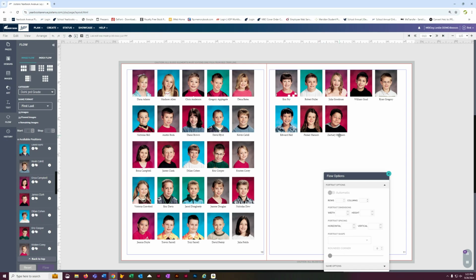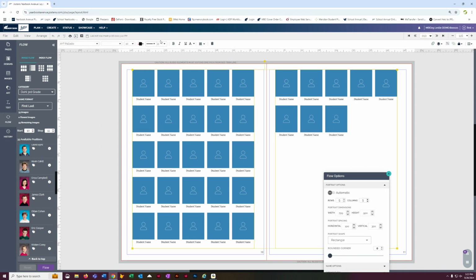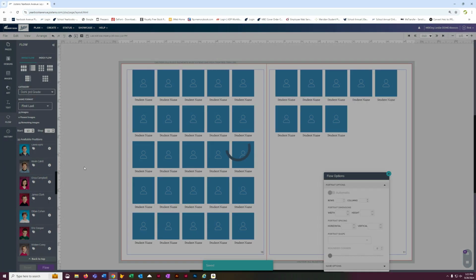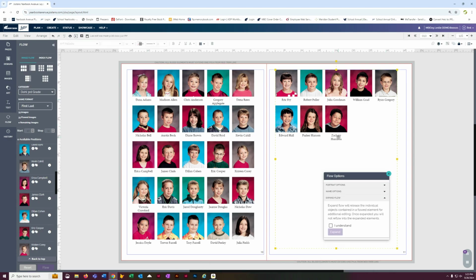But let's say you had a really long name and you had a red X in the box. Oh, still didn't do it. If you had a red X on your text box, your name, you would need to expand the flow on these. And basically what it does is it